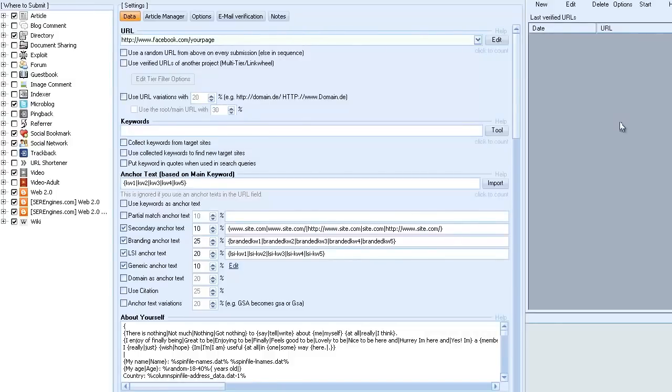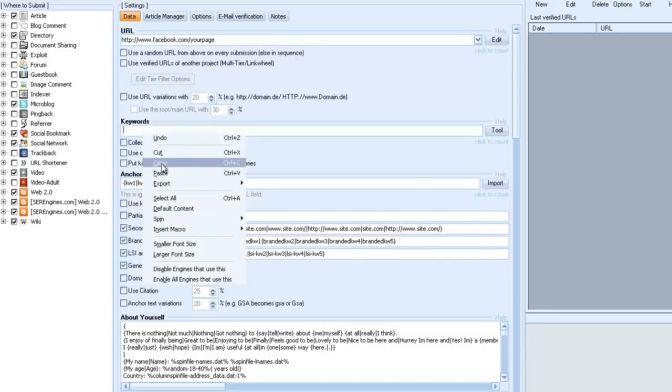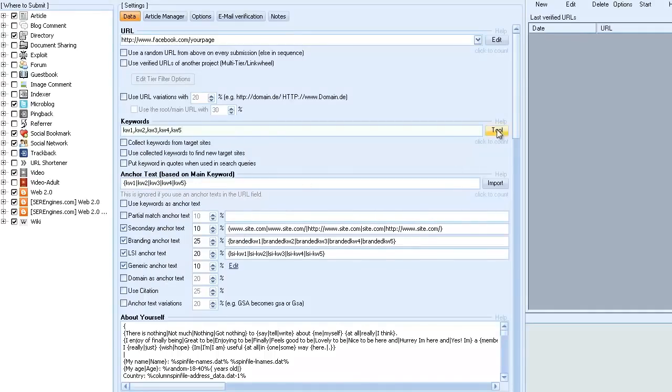Okay, so we've gone ahead and set up our URL, gone over how to add multiple URL campaigns. We've laid down our anchor text so we get great diversity and we have full control. And now we're going to use the keywords. Now, some may wonder why we're using keywords when we already use anchor text based on our main keywords, and we'll go over that in a minute here. So I'm just going to drop our keywords in,